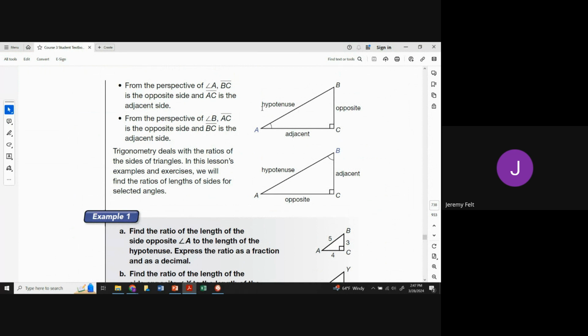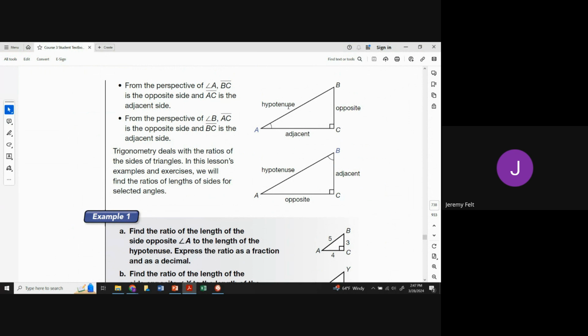about already. When we're talking about these, it's in relation to whatever angle we're talking about. If we're talking about angle A, that's what we're referencing. The side opposite from it would be side BC. The one adjacent to it is AC, this side right here. Now you may say, well, this side is also adjacent to it, but it is the hypotenuse because it's across